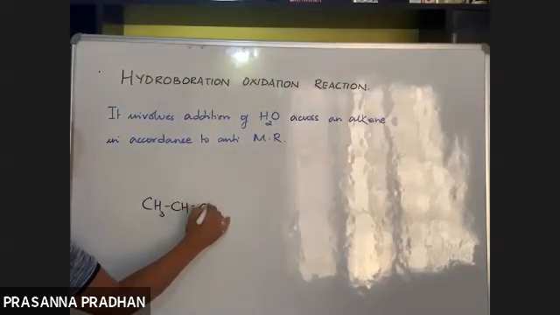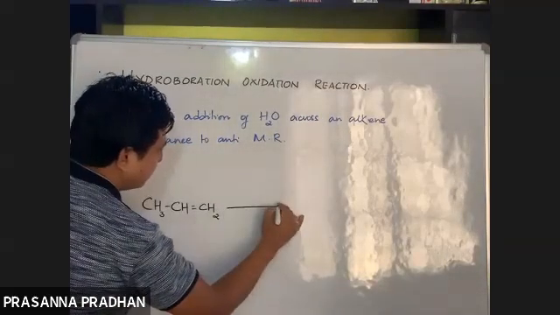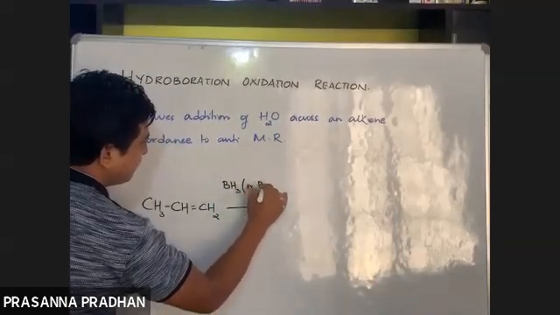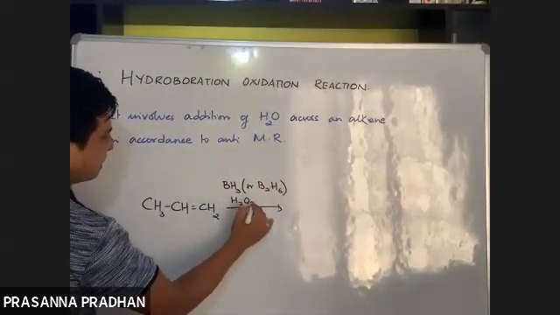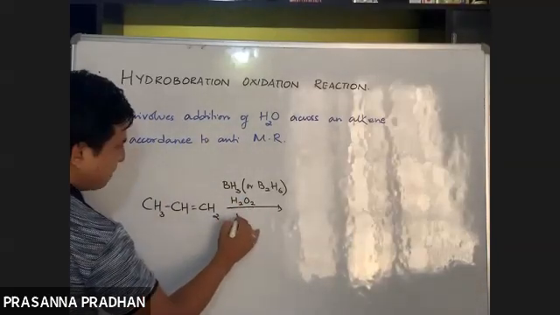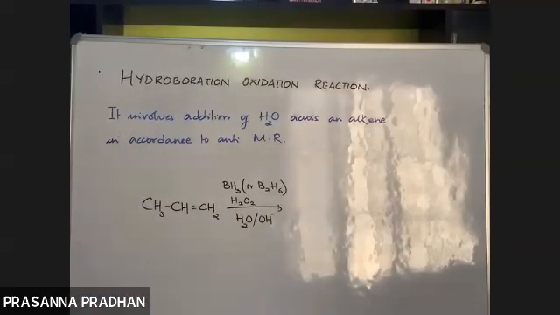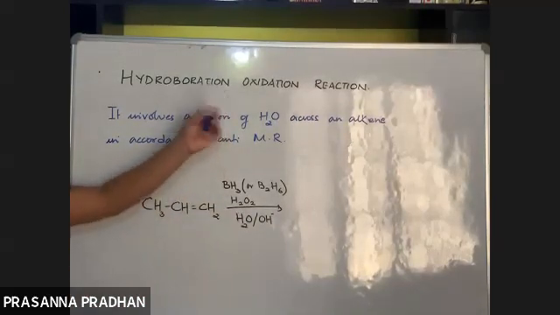Now see, we have an alkene. What are the reagents used in this hydroboration oxidation? We need to understand and remember that. The reagents used are BH3, or sometimes it can be written as B2H6, in the presence of hydrogen peroxide. The water molecule is being added in alkaline medium. So these are the set of reagents. Hydroboration is carried out in the presence of BH3, and H2O2 का presence में तुम्हारा oxidation होगा.